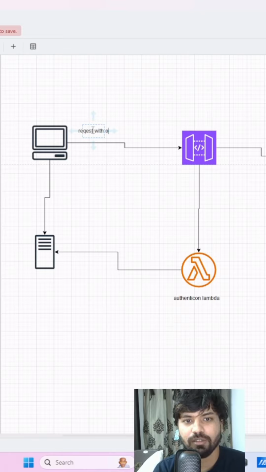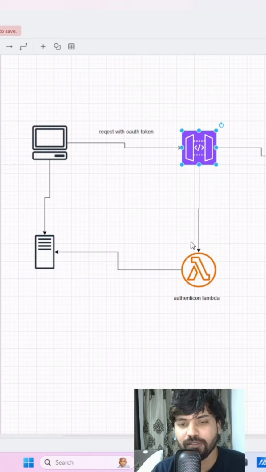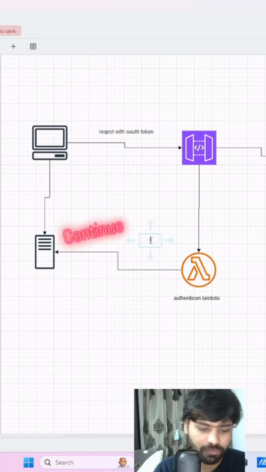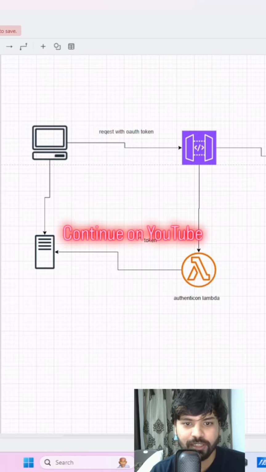Okay, so now when the user is sending the request to API gateway, it will send the request with an OAuth token to our API, and that token will be sent to a Lambda function. So you need to create a separate Lambda function to do this kind of authentication, and then that token will be forwarded to our authentication server,